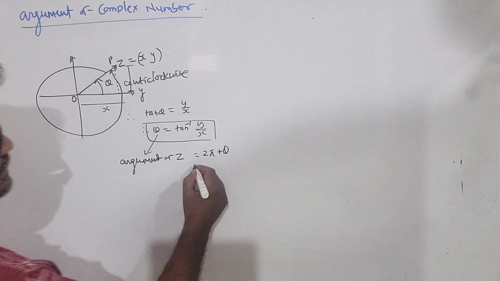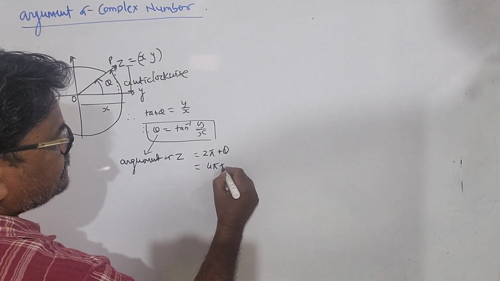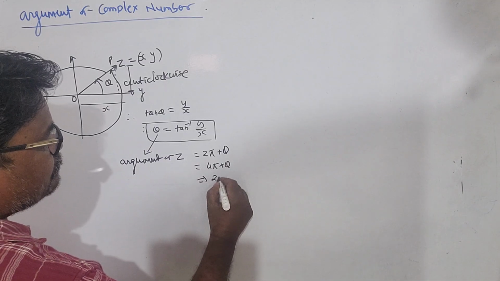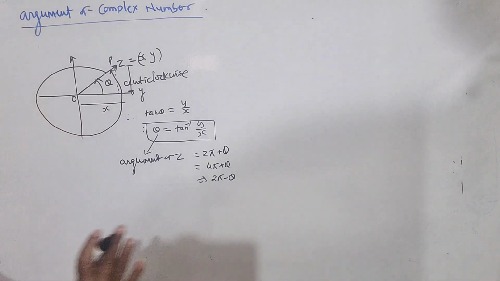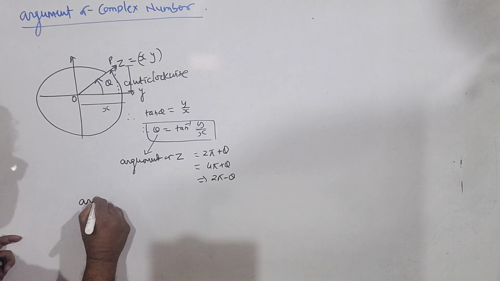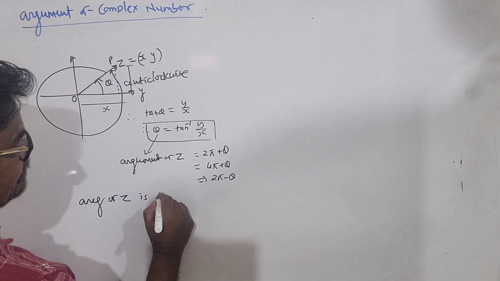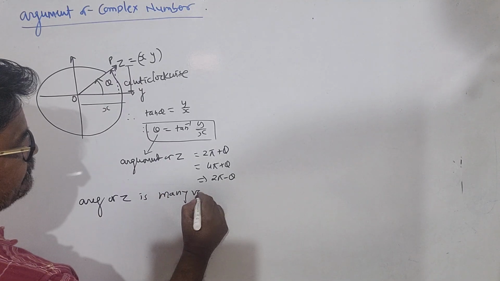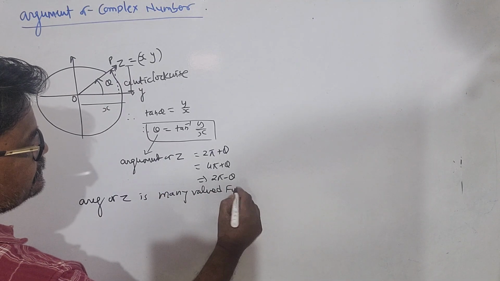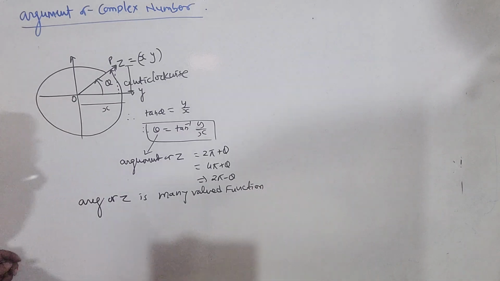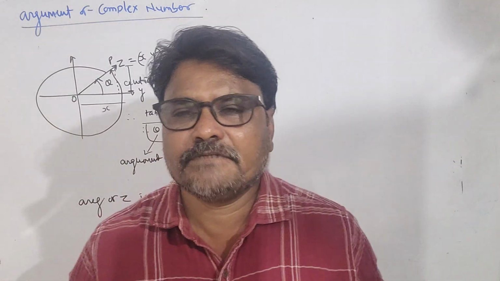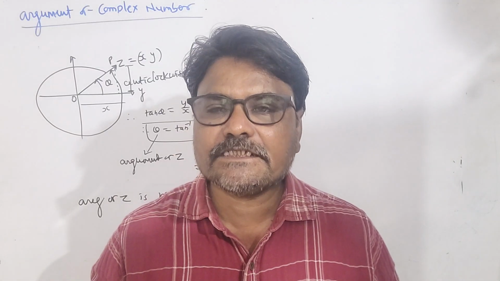Similarly, I can have 4 pi plus theta. Similarly, I can have 2 pi minus theta, and like that. So the argument of z is a many valued function. First point means complex number z can have many arguments,